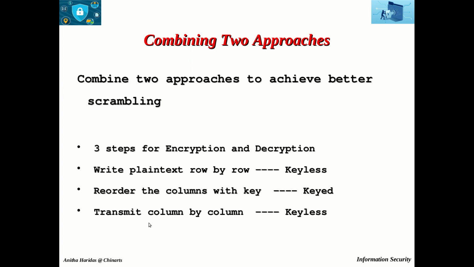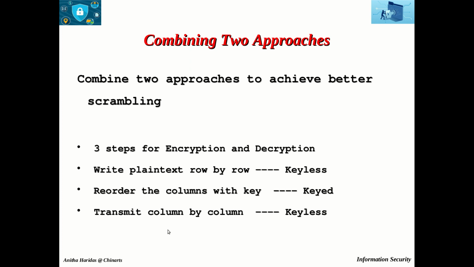I repeat, the 3 steps for encryption and decryption in the combination of these two approaches are: the first step, the plain text is written into a table row by row. The second step is permutation, done by reordering the columns with the key.